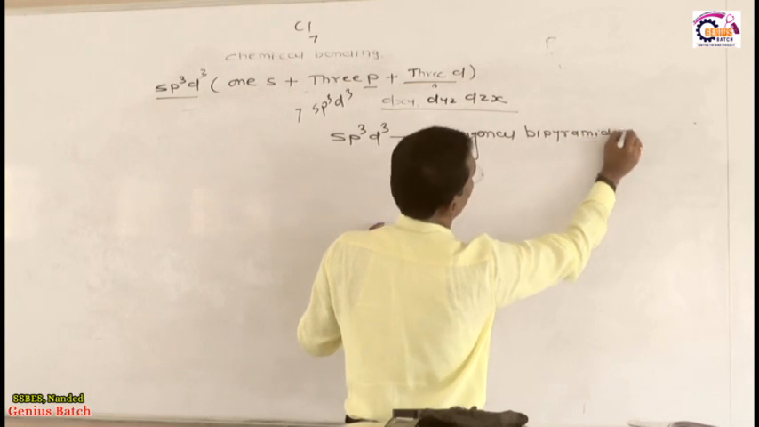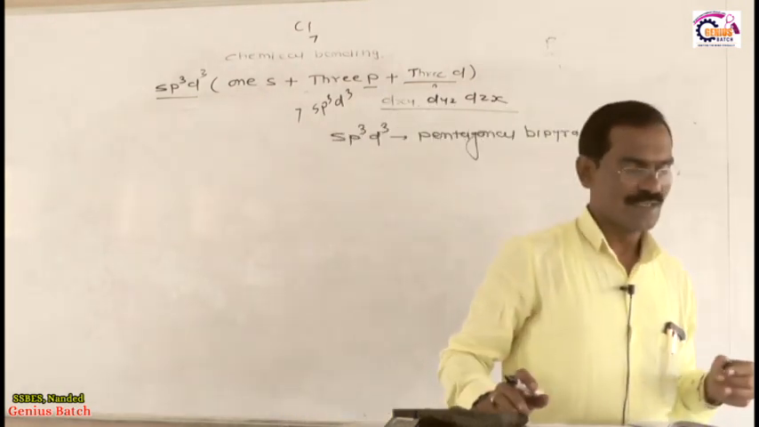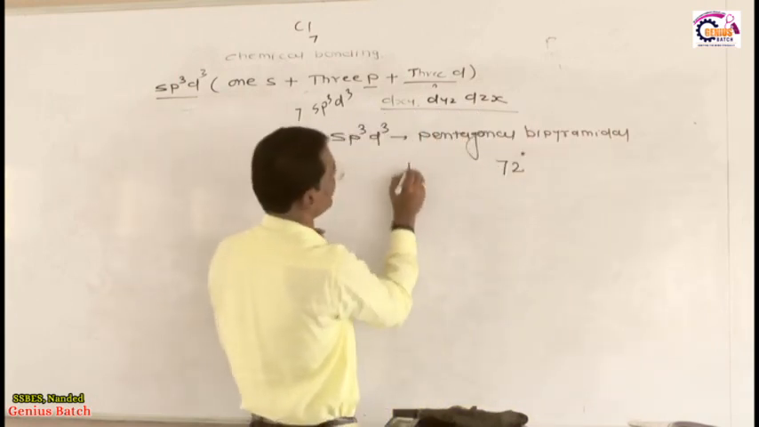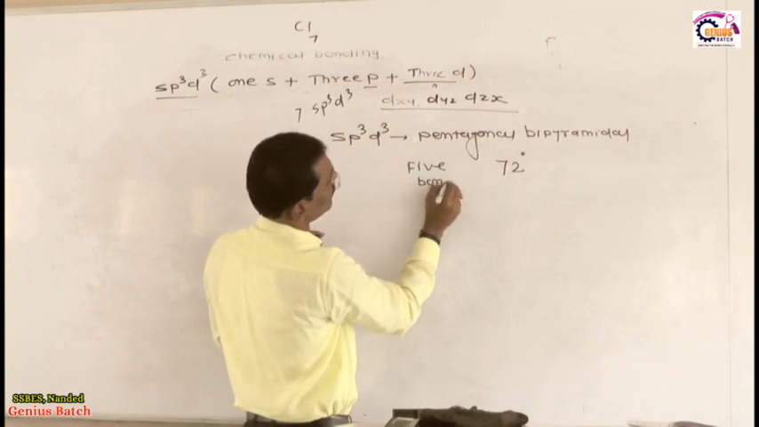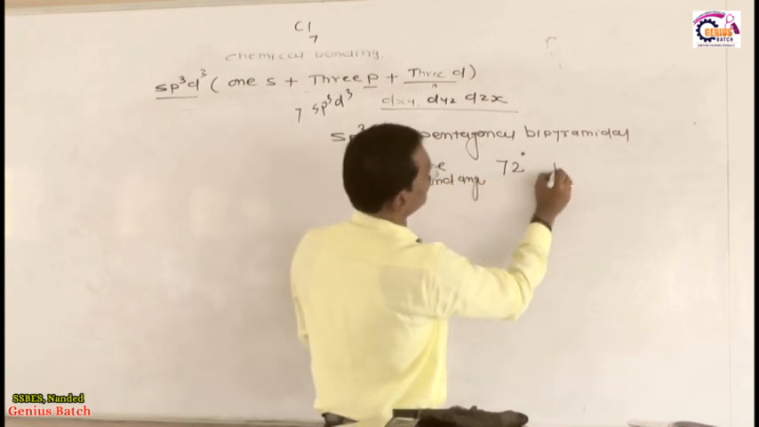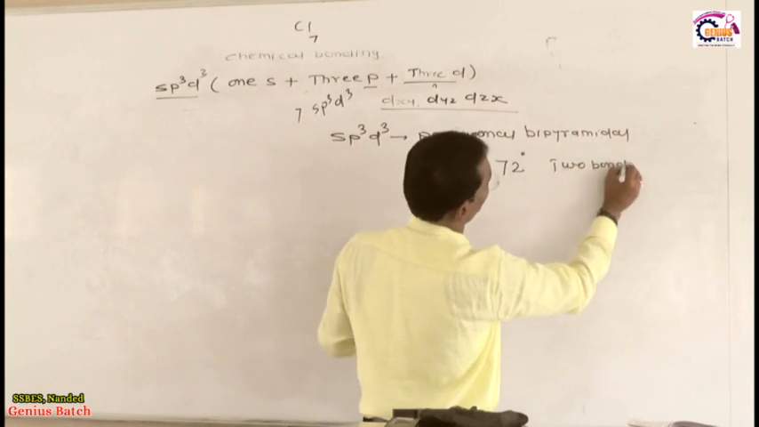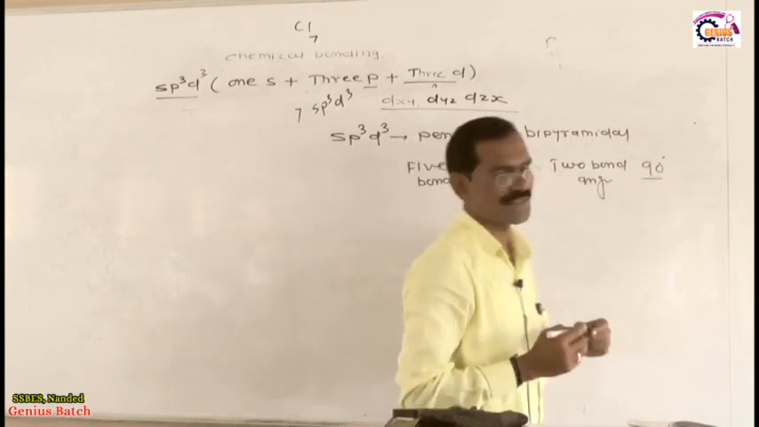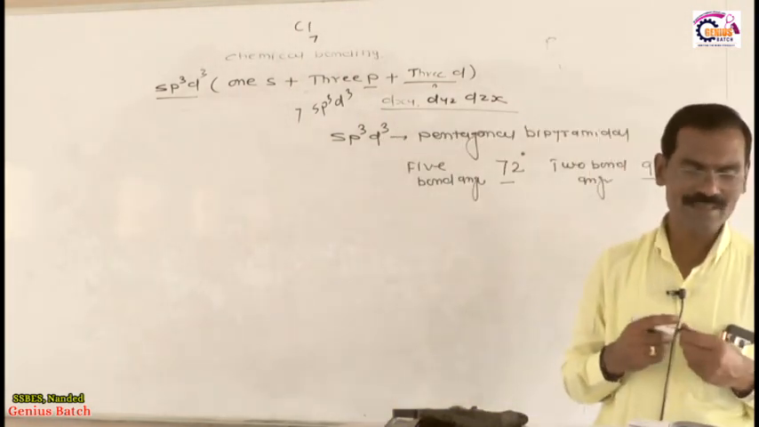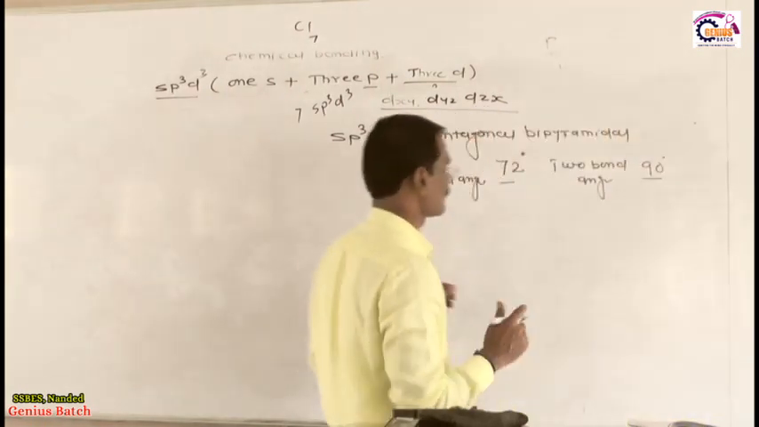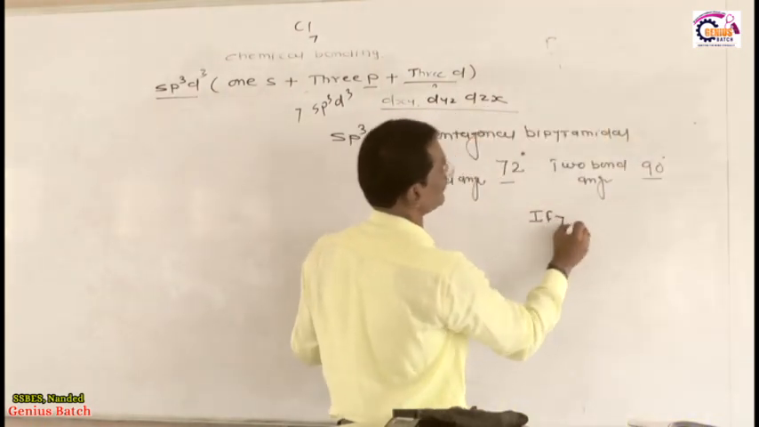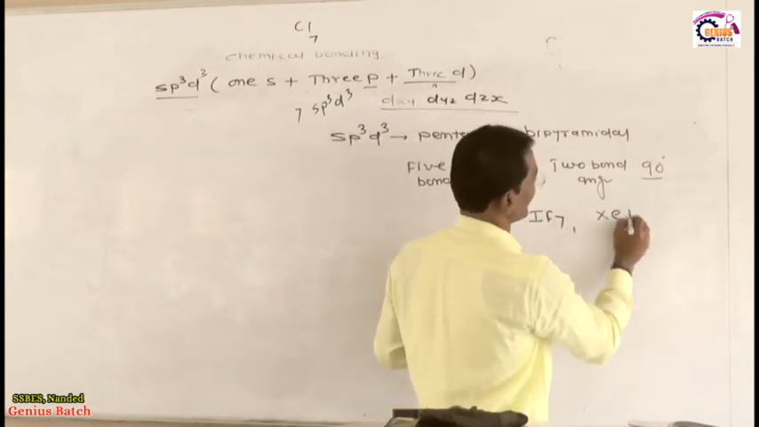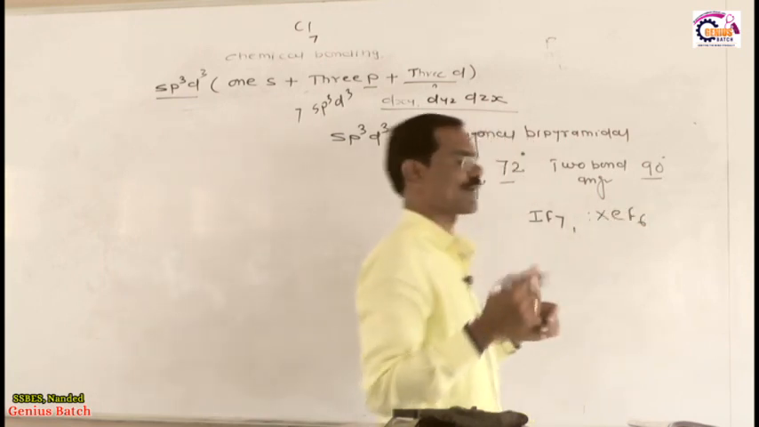bipyramidal. The shape of this molecule is pentagonal bipyramidal, and 5 bond angles are 72 degrees, and the remaining 2 bond angles are 90 degrees. So there are bond angles of 72 degrees and 90 degrees. Only 2 examples are there. One example is IF7, iodine heptafluoride, and the next example is XeF6, xenon hexafluoride, with 6 bond pairs and 1 lone